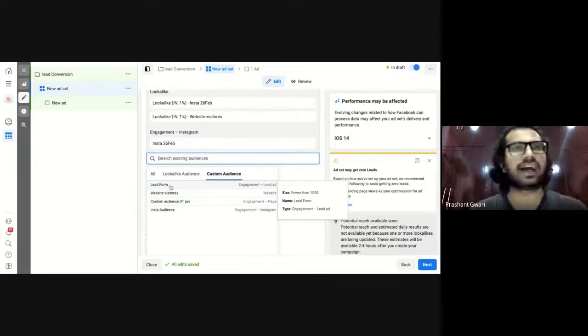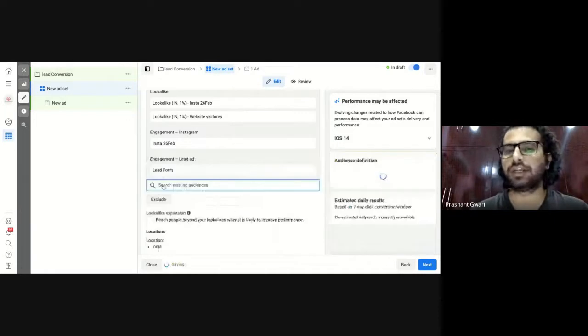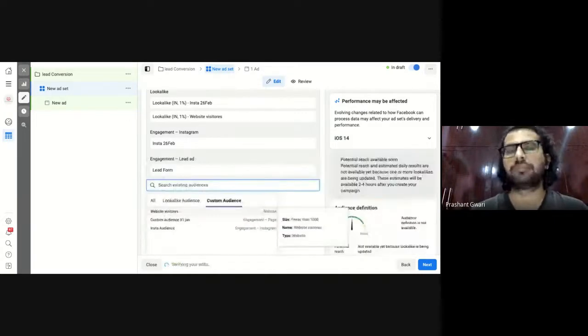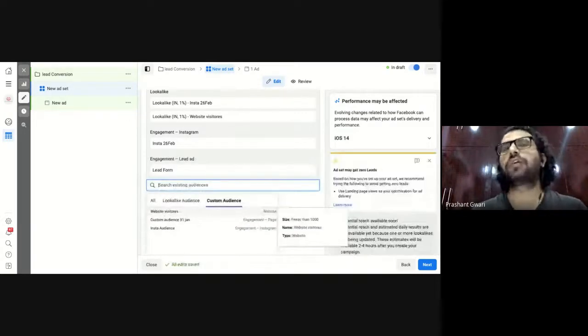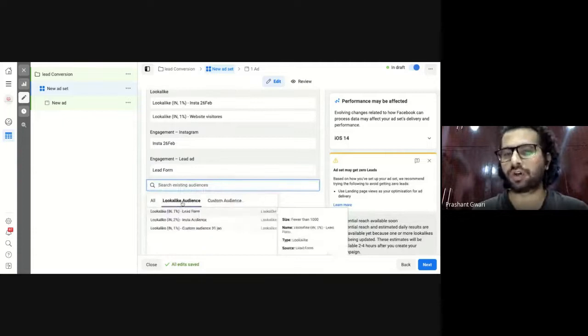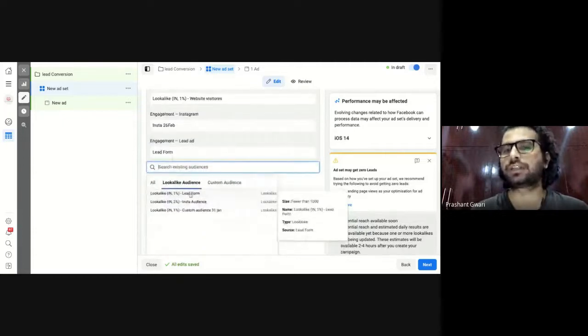So what I will do, I created the custom audience earlier in yesterday's session. So I will click on the lead form custom audience, because the size is really small. I will also create a lookalike audience on this lead generation form custom audience. So I will click here on the lookalike audience like this, and click here on the lead generation form audience.